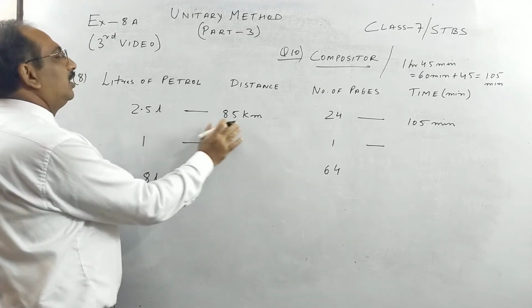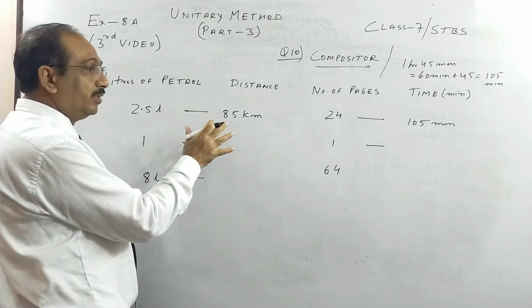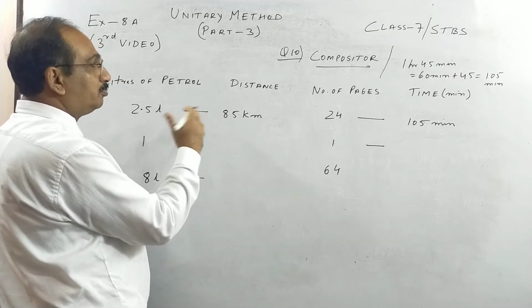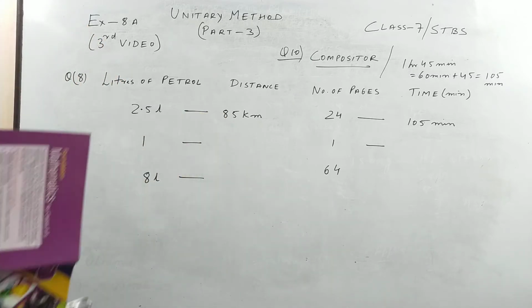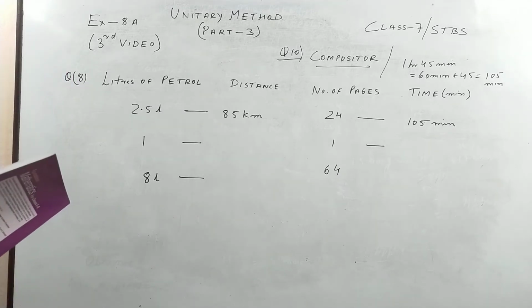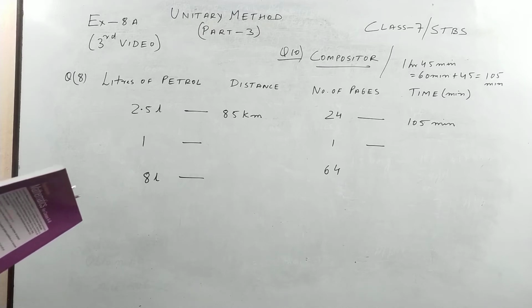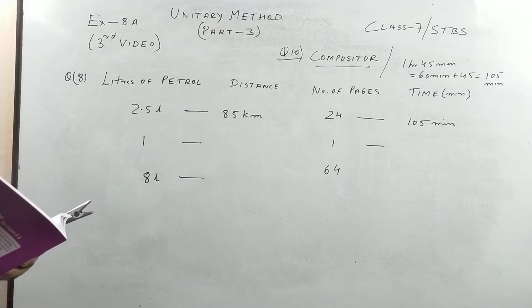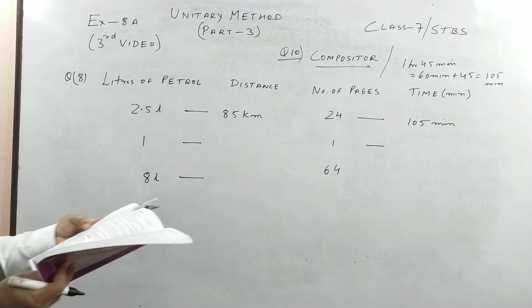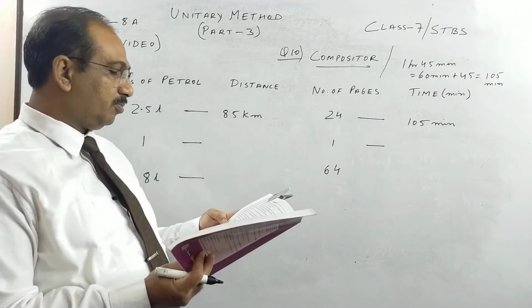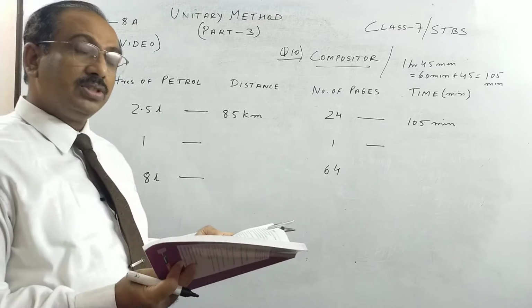So 2.5 liter, it goes 85 kilometers. See, it is distance and liter. So this is direct variation, children. But sometime you will see speed, distance and all. Like you see in my part 2 of this, I had shown one question 16, the last question. Moving at a rate of 70 km per hour, a car completes a journey in 18 minutes. So speed and time. So in that question, I taught you in the very last question, this is 8, 16 I am talking. So when speed increases, time decreases. So that was an inverse variation question, children.